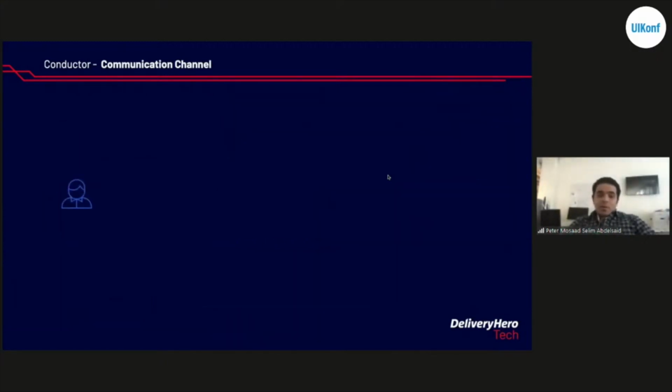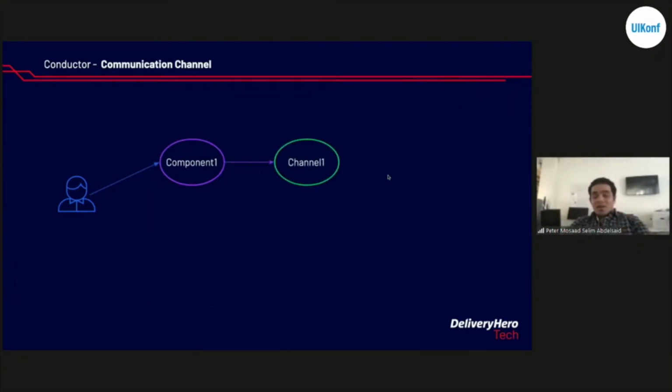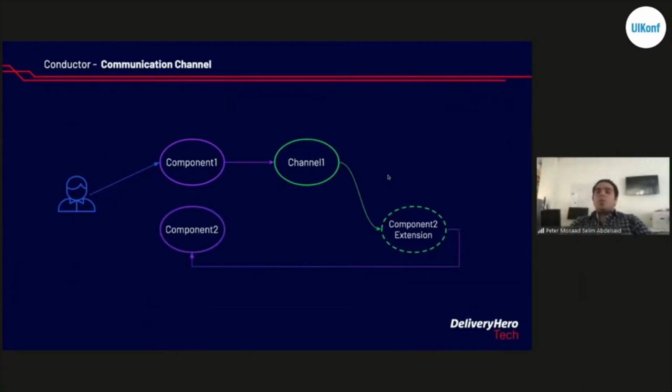Now we were able to split the communication inside the conductor to be basically: the user interacts with a component, and the component reports to one channel, which is passed to the component as a delegate. Then the channel passes the signal to all the observers, which are indeed some other components inside this channel. Then those components could start a new use case, or just update the views, or do whatever action is needed